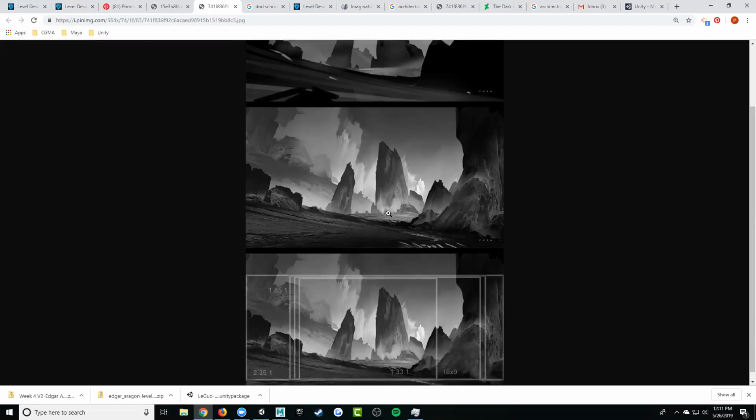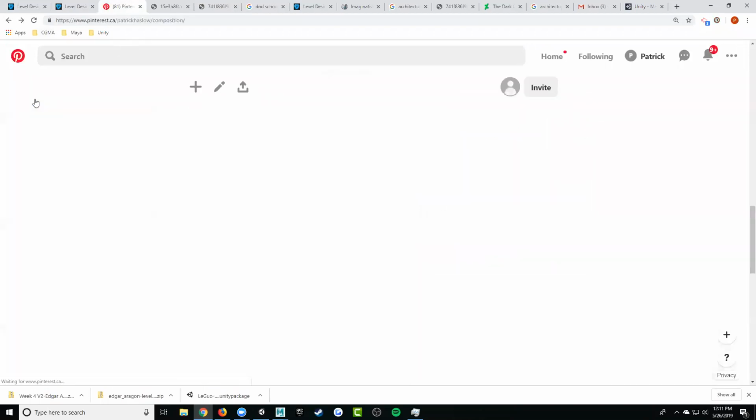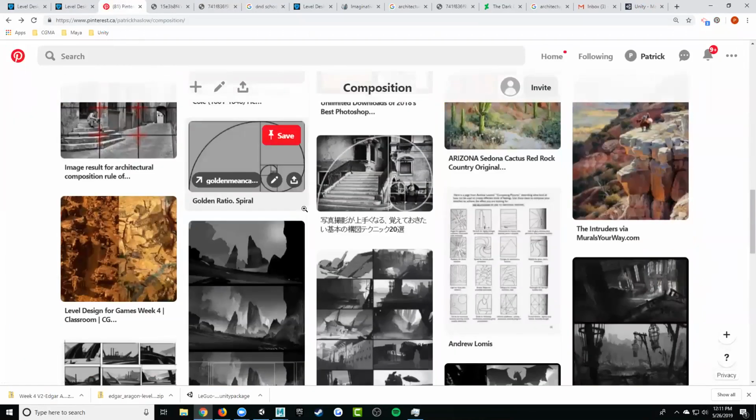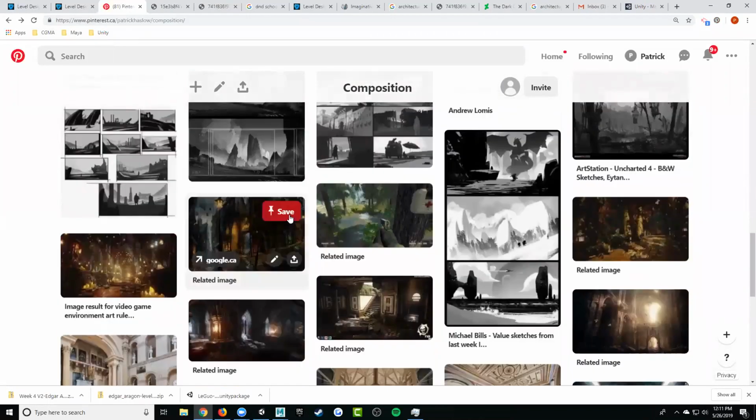And they use this thing called the rule of thirds, which I also brought up a little bit in the lecture, which is a lot of times compositions use,